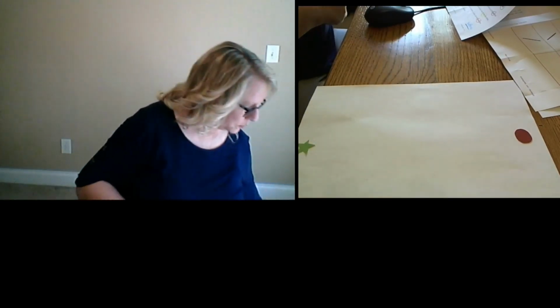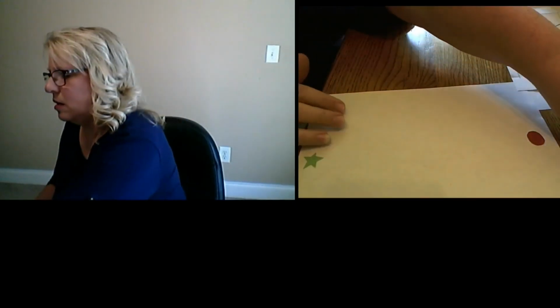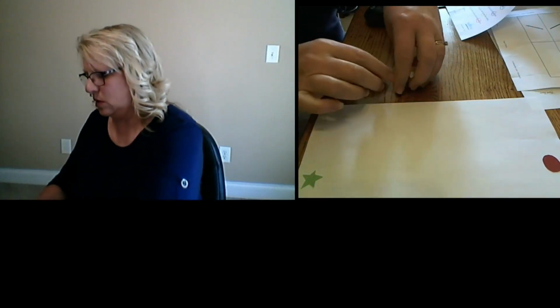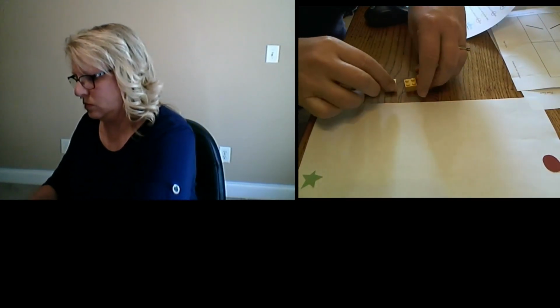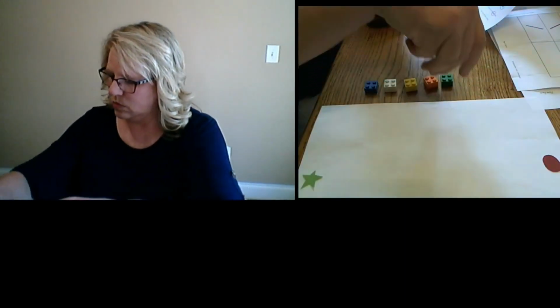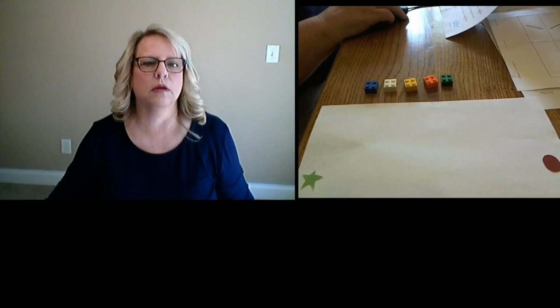For our next activity, we will need our work mat and our blocks. And for our next activity